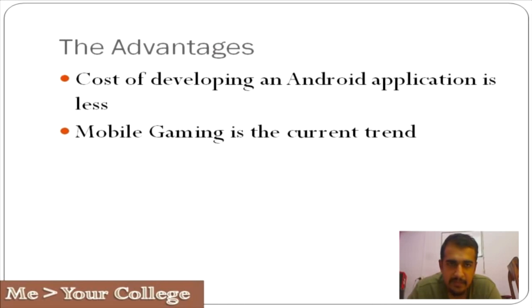Then, mobile gaming is the current trend. Now, there are lots of games released by the same company with the same format. Like if you consider King Publishing, the gaming company, they not only make Candy Crush, they even make another game called Pet Rescue. Both of them have got a similar format. If you're unable to clear that particular level, you can buy power ups, and that's the way in which they can make money. So, mobile gaming is the current trend because it is a much more affordable way to play some very good quality games.